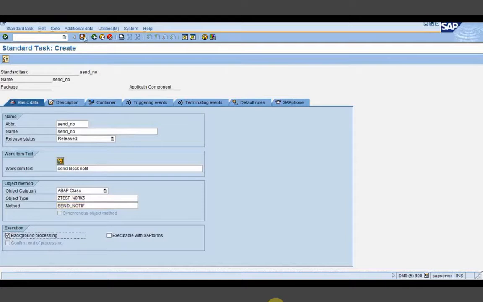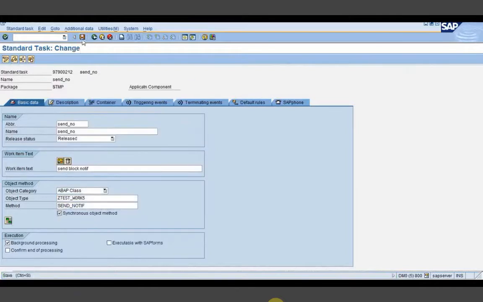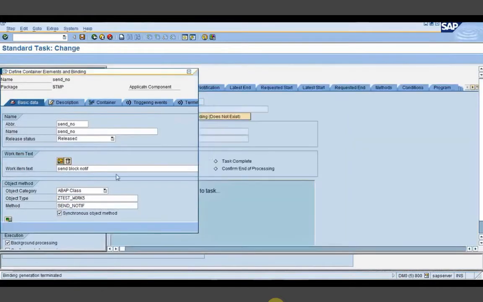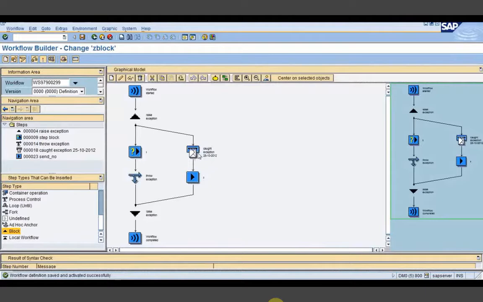Here I can create one step. So I'm using this step as well, so that you can come to know how to send mails in both ways. So here in catch I have created two mail steps. First is simple send mail, and second, whatever we have done just a few minutes before, this particular send notification through function module. So activate it. Whatever you want to do in this branch, we can just define it. Now test.